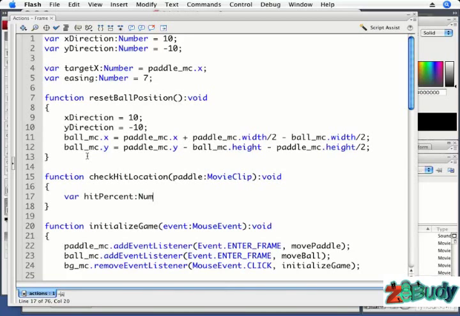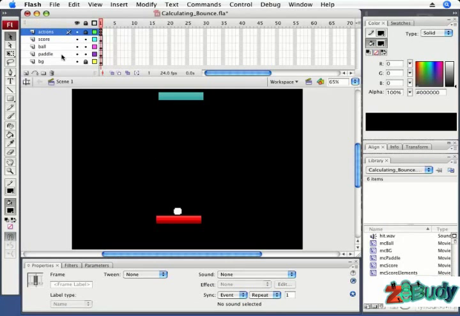This is going to be a number. Hit percent will represent the position of the ball relative to the paddle. Let me demonstrate by closing the Actions panel. Then I'm going to make sure the paddle movie clip is unlocked, and I'm going to select the paddle layer